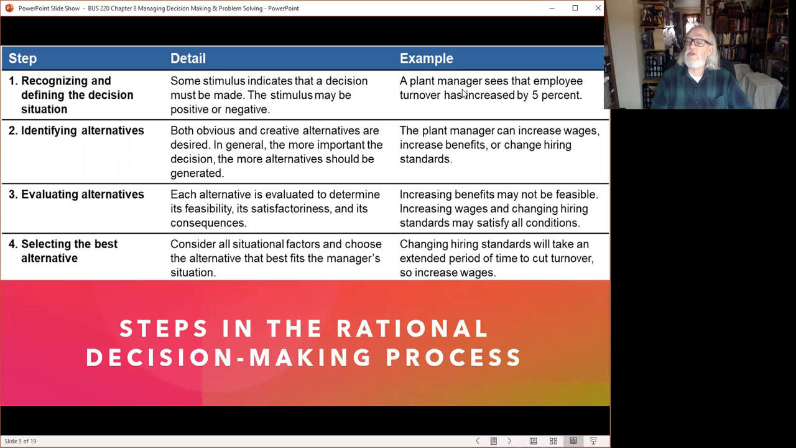Okay, so a plant manager, that's probably a middle manager. He has first line operational managers reporting to him, likely. The plant manager can do three things to address this problem of employee turnover. We can increase wages, we could increase benefits, or we could change hiring standards. And we've spent some time trying to identify all the possible alternatives, and these are the three things that we came up with. Okay, so we look at them individually and we start evaluating those so that we can select